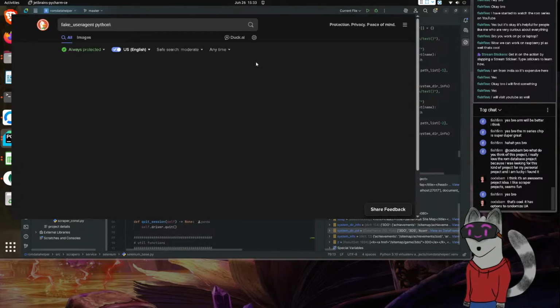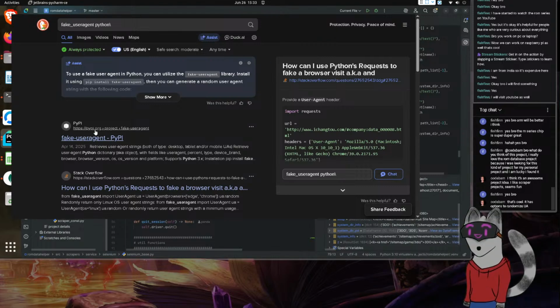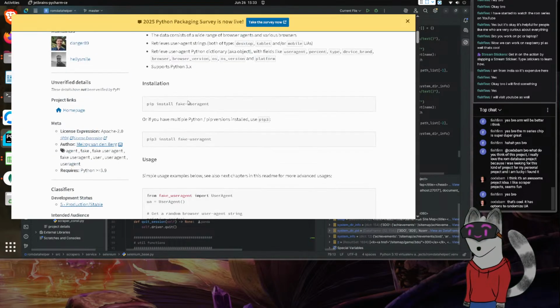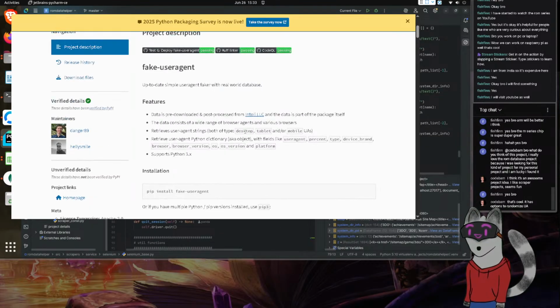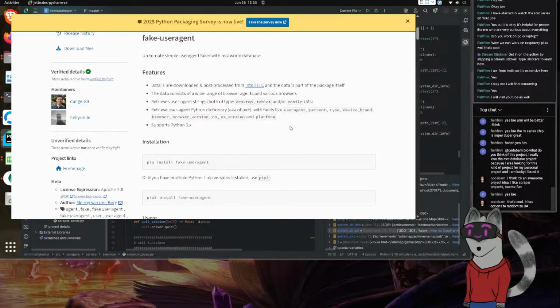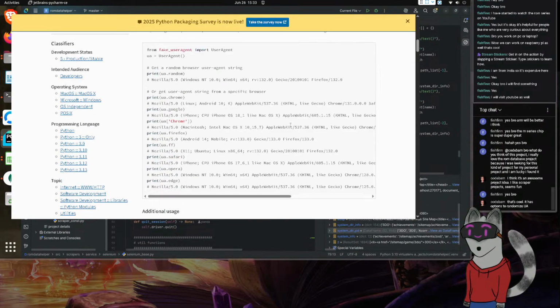All right, let's check this out. Here you are. April 2025. It has not been verified, but it looks pretty fine. So from fake user agent, import user agent, and then we can simply call random, Chrome, Google. Oh wow, they have a whole laundry list of them.